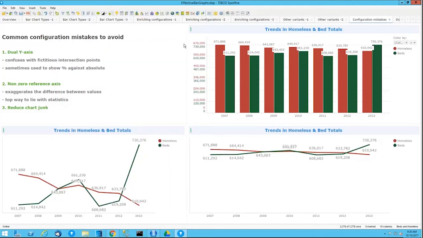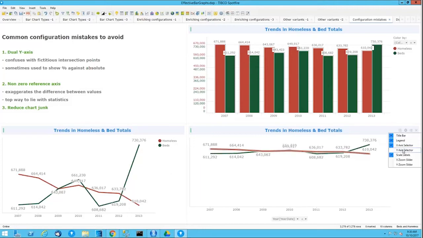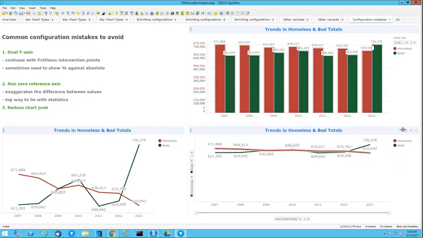That's the second one. And the third one is chart junk. So you can see that all of my visualizations are very clean. They don't have any unnecessary components. Chart junk are just configurations that are on your visualization page, but they do not help you in understanding the visualization any better. So let's go in and add all possible elements that we possibly can, and you'll see how